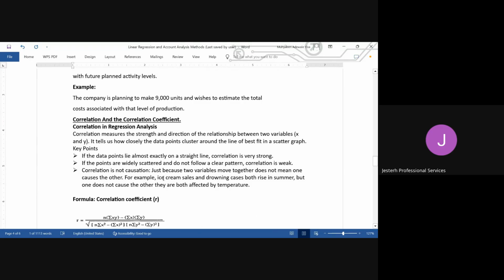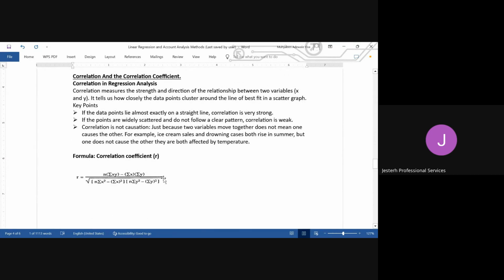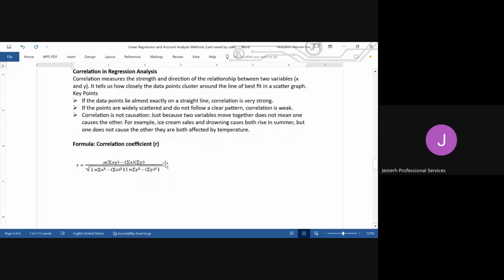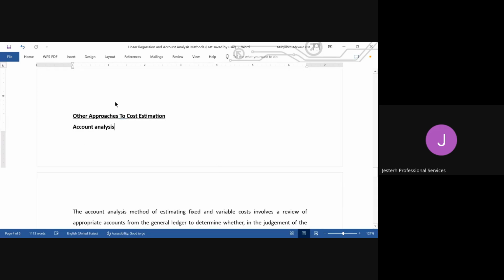The exercise that I came up with tonight is like two. This correlation and then the correlation coefficient. I want us to go and read more about it. This is the formula. It's just the same step of what we just did here. We were able to prepare your graph on how to sum all these things. Now,